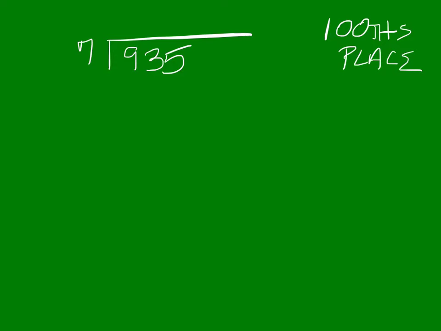7 divided into 935. And you're going to round to the hundredths place. Whatever place you're rounding to, you have to divide out one place further than that so that you can round. On the practice problem, here's the decimal point. Put it straight up top. You're rounding to the hundredths place. So that's 2 decimals beyond the decimal point, but if that's where you're rounding to, you must go one more